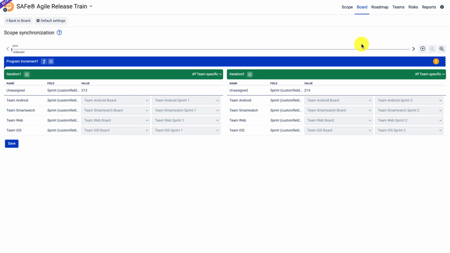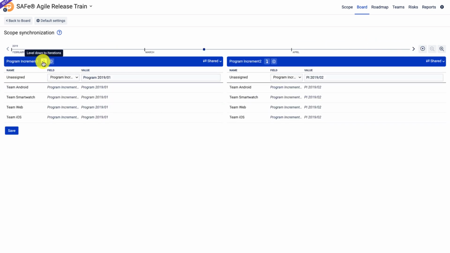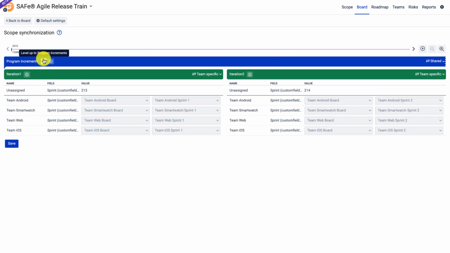This works in three different modes, and it applies to both the program increment level as well as the iteration level. We can disable the synchronization, we can select the shared synchronization or team specific. Team specific means in general that each of your teams will be using their own separate board, while shared board